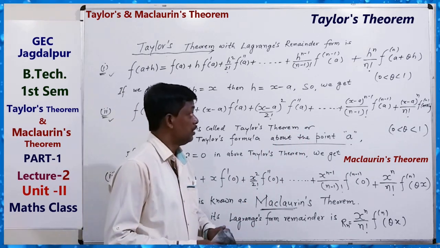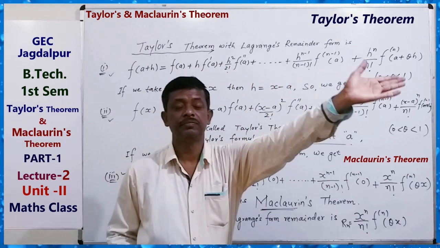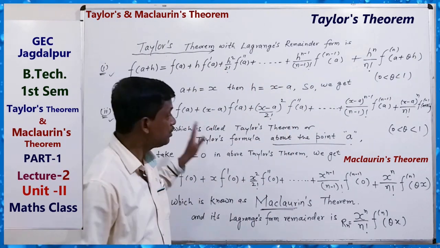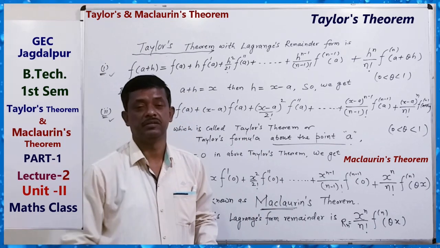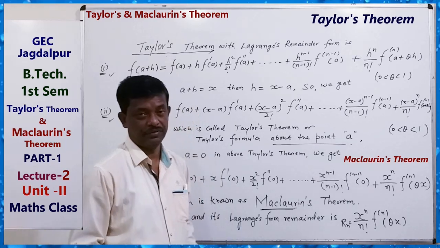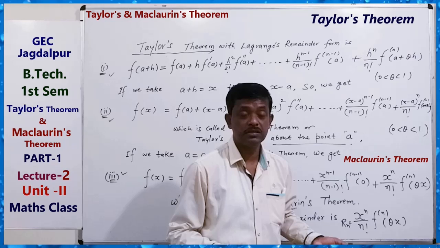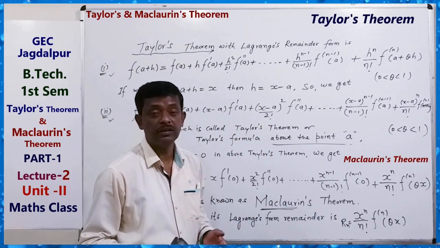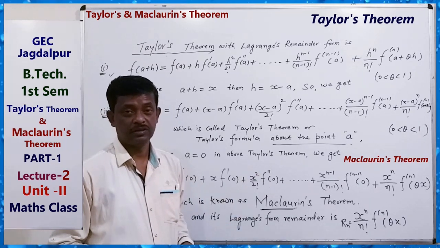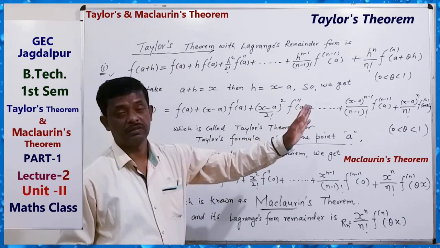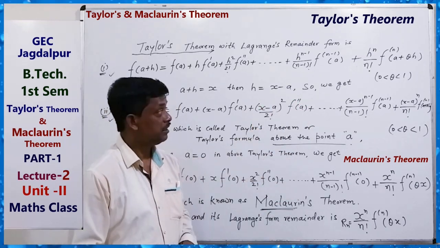That is, first term, second term, third term, fourth term, and up to the nth term. Up to how many terms can any function be expanded? Because at all times it is impossible to find the derivatives of all orders. So how many terms of the expansion of a function do we have to take? So here the nth derivative,